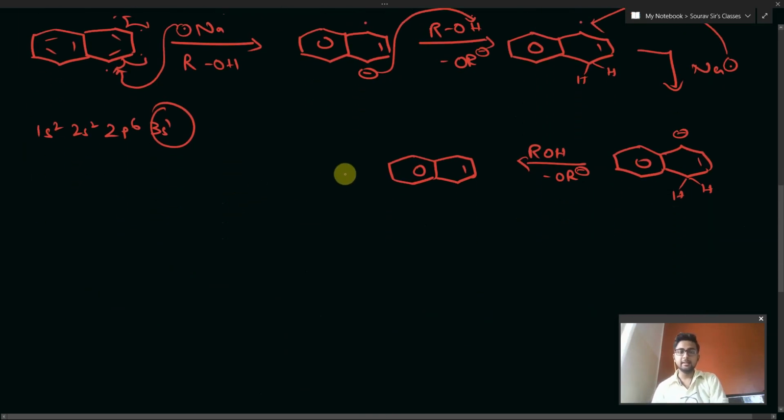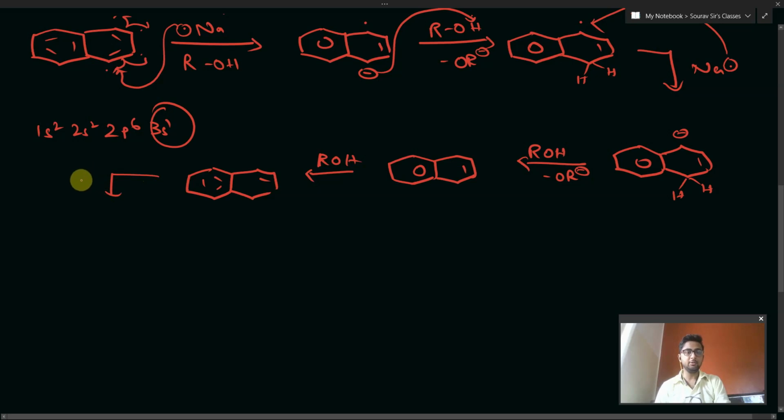Instead, in the presence of this ROH group, this double bond will firstly come into resonance by shifting its position. So this kind of species would be formed. Now this is all in conjugation with each other, and then this double bond would be reduced in the same way as the initial double bond was reduced. So again let me just write down the mechanism for you.